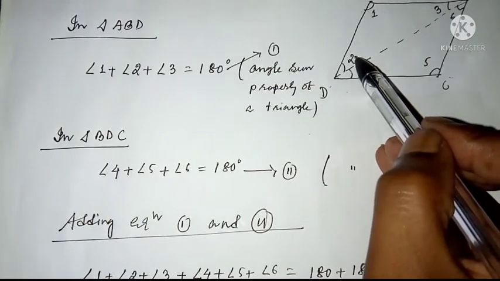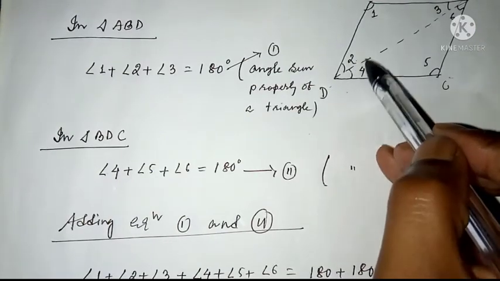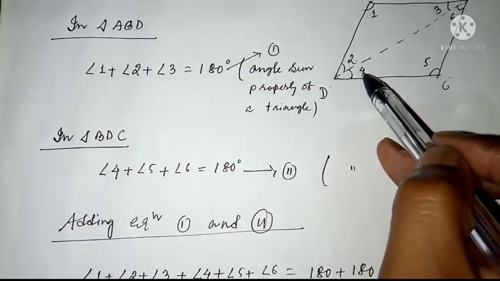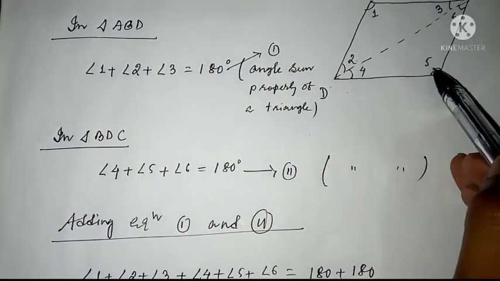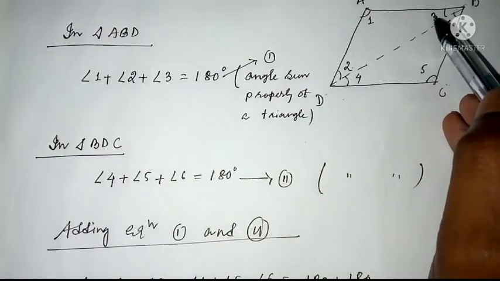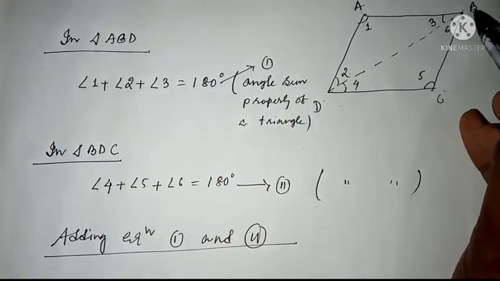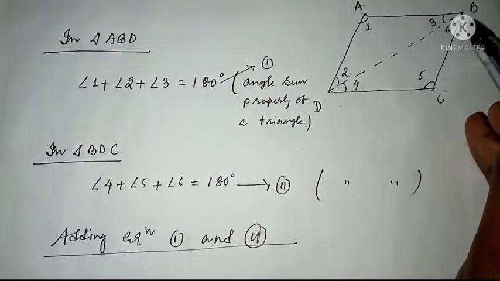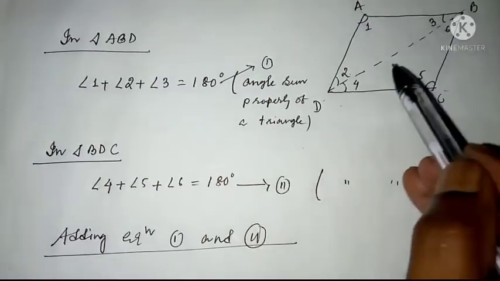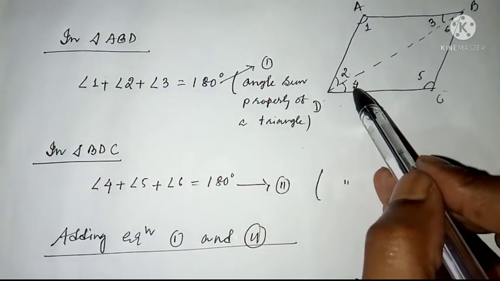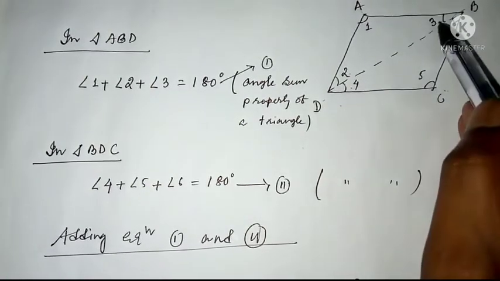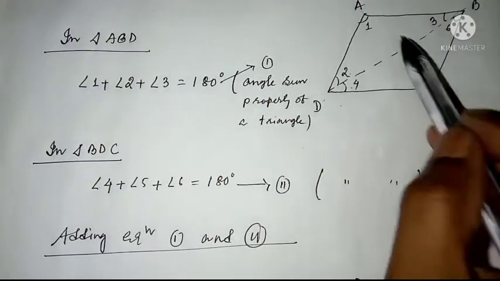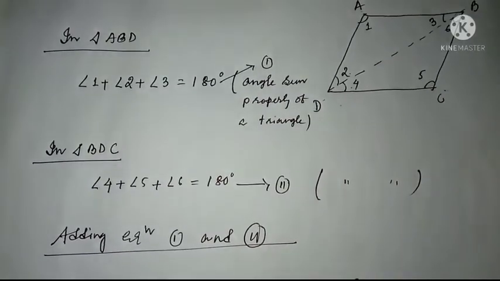That means if I combine angle 2 and 4, then I will get angle D. So here I will combine 2 and 4. Again 5 is independent, so no need to combine. Again you see 3 and 6, this angle B is actually 3 and 6. If you combine angle 3 and angle 6 together, you will get your B. So we will combine angle 2 and 4 together to get D, and combine 3 and 6 to get B, and A and C are independent, which are 1 and 5. Then see how to do it here.